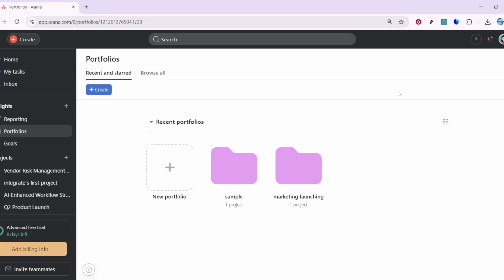Hi everyone! If you're trying to see who on your team is underassigned or stretched too thin, Asana's Workload View inside Portfolios makes that crystal clear. I'll walk you through it from start to finish and share a few tips to make your analysis more accurate